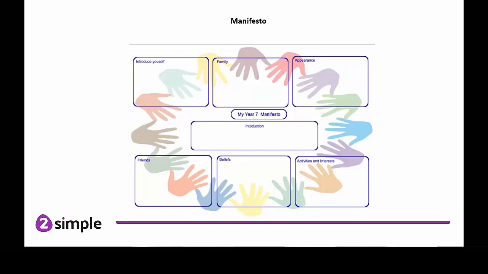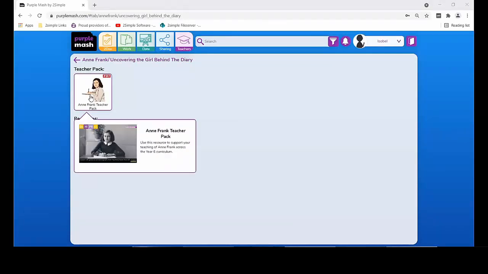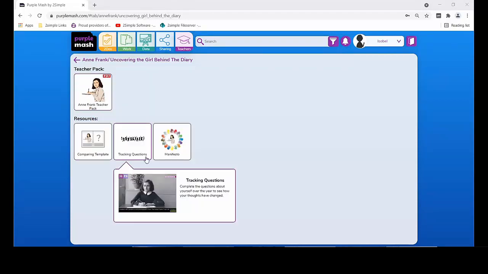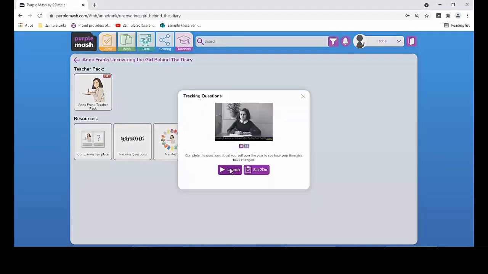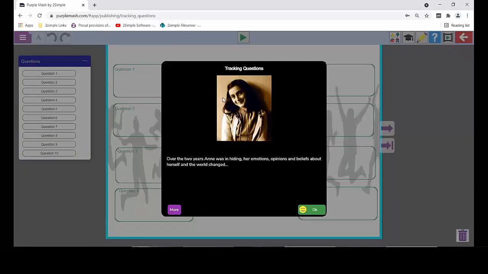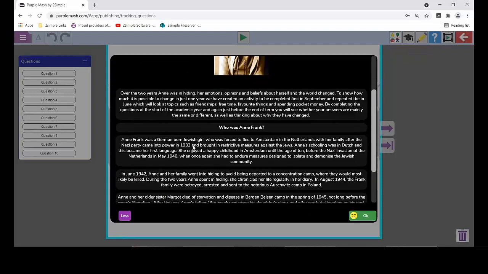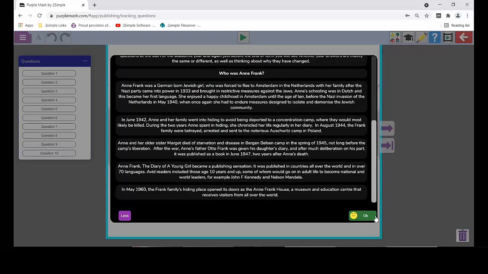Before I move on to questions, I'm just going to show you what it looks like on Purple Mash. You can now see the Anne Frank section that we've created. The resource is this PDF here, and if you go into any of the activities, you have some information about the activity, and some information about who Anne Frank was.